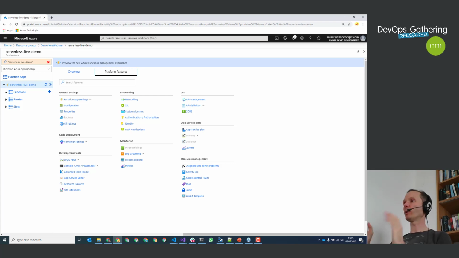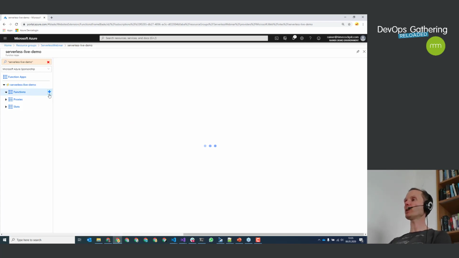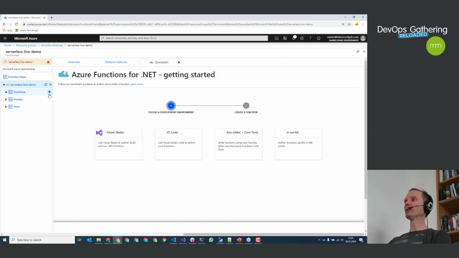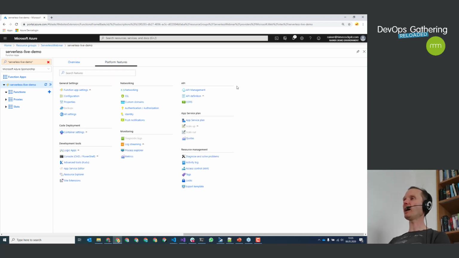Unfortunately, we don't have enough time to go into all the details, but I'm pretty sure that you will find your way through this. We could now add a function here in the portal. We could use the Azure Portal to set up an application, for instance, in .NET or Node.js or whatever. We can immediately set up continuous integration and deployment, but I always call it Harry Potter programming. So you have your magic wand and suddenly everything is done. That's not very interesting if you want to understand what's going on behind the scenes. So I will not use the portal for now. I will go a more deep dive approach.